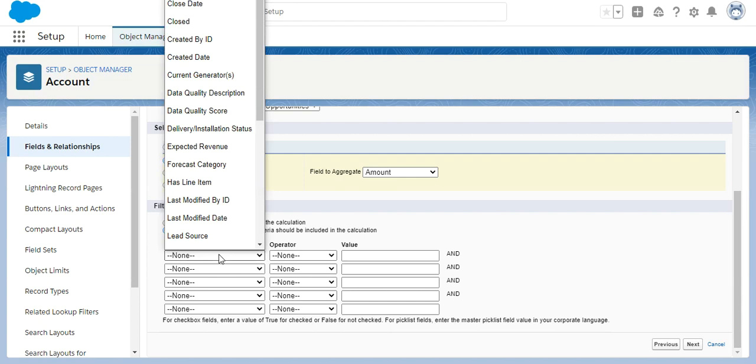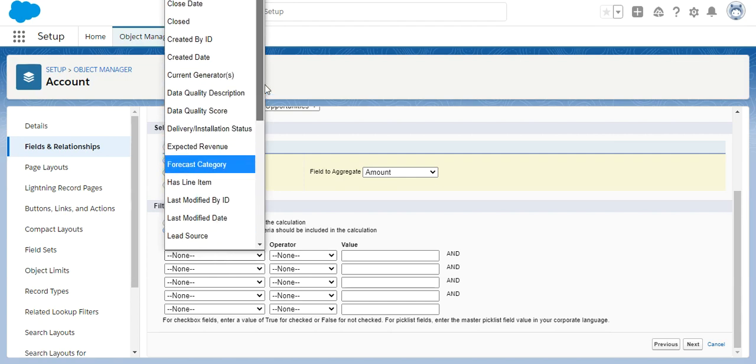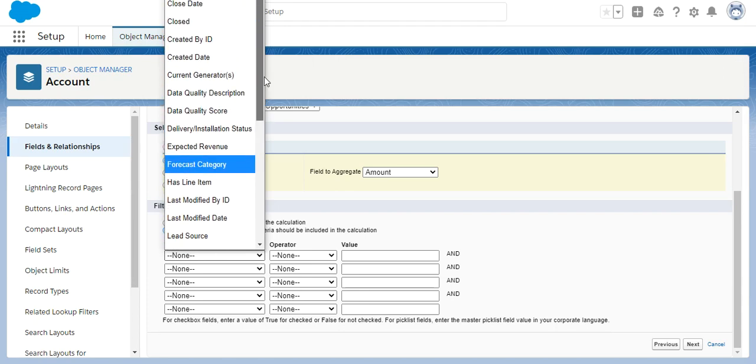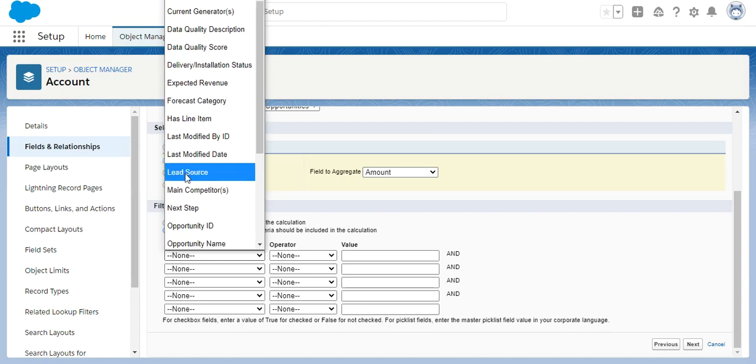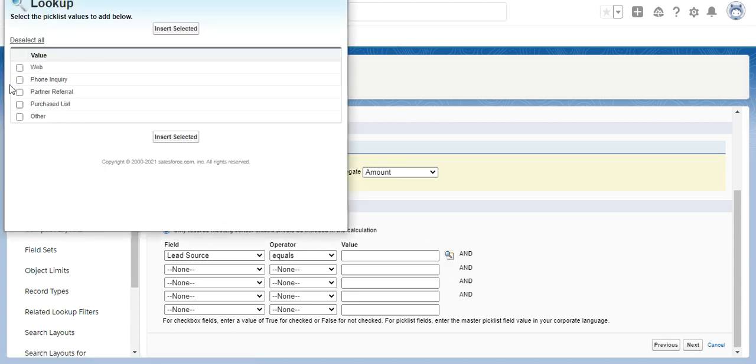So let's do this. Here we can see all the opportunity fields, all fields which are on the opportunity object. I'm going to select lead source. I want lead source equals to phone inquiry.